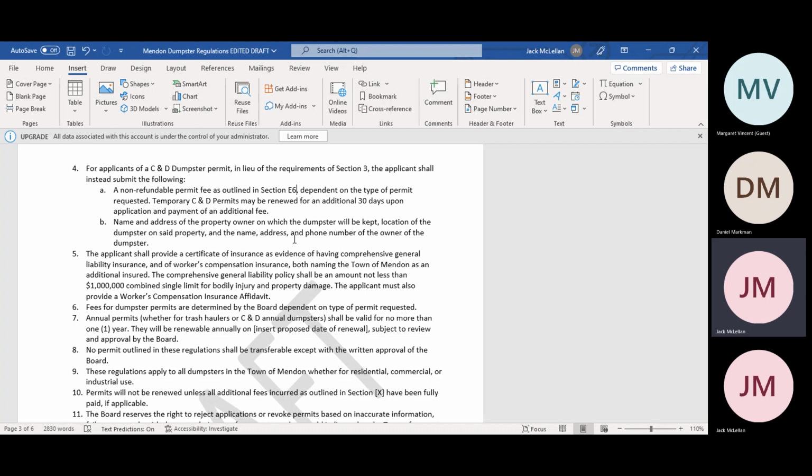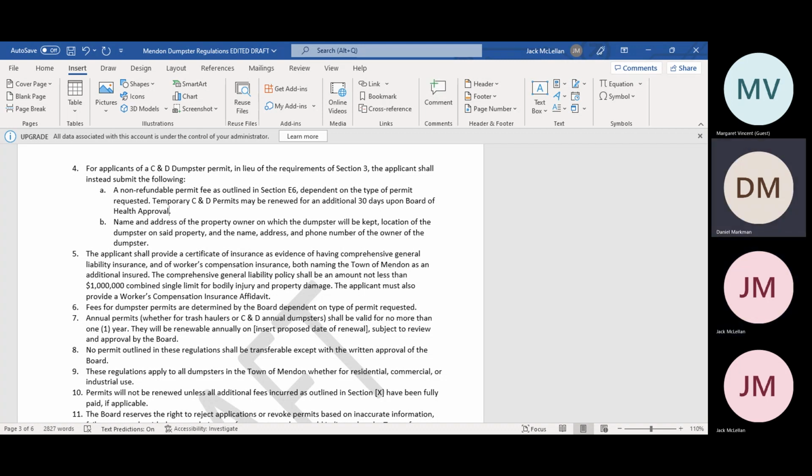So if we get rid of the payment of an additional fee and we put per board approval, I think we should incorporate the approval part for the added 30. I don't think we should make it automatic. I want them to come before the board after 60 days, if they still need it. Can you explain why you need it? What's the justification? I like that, because that gives us the option if it's been a problem dumpster,